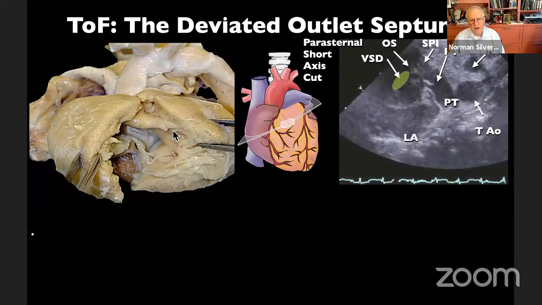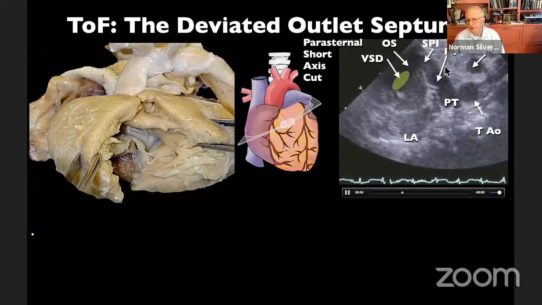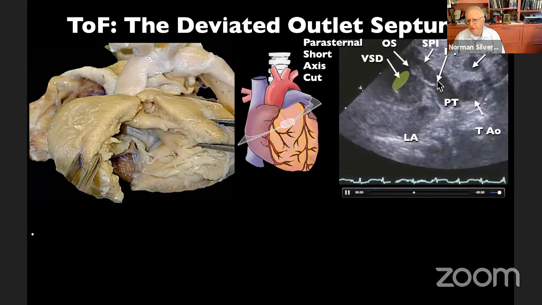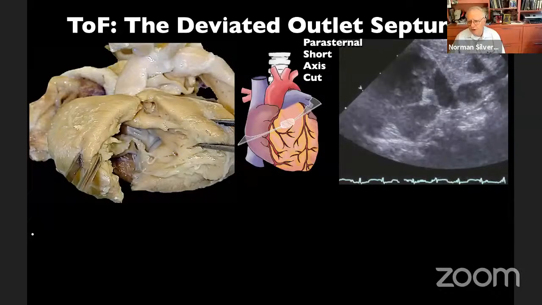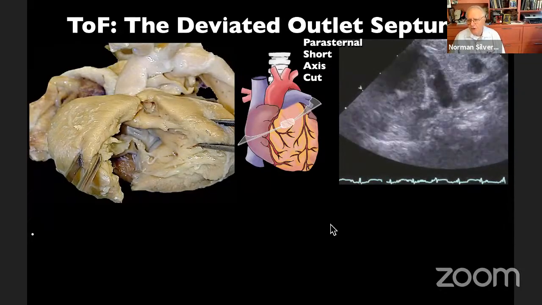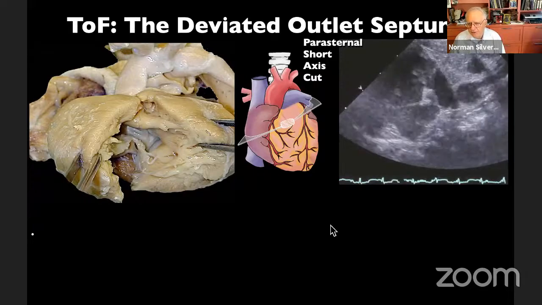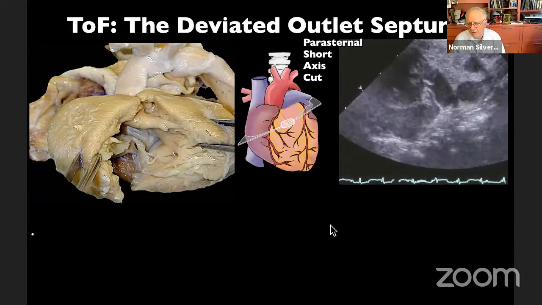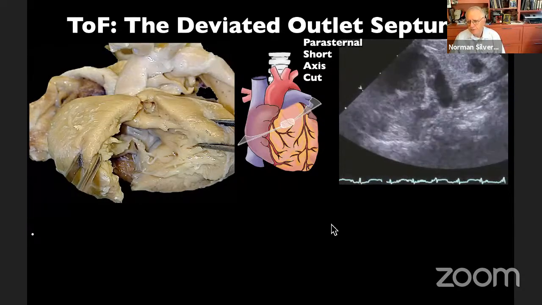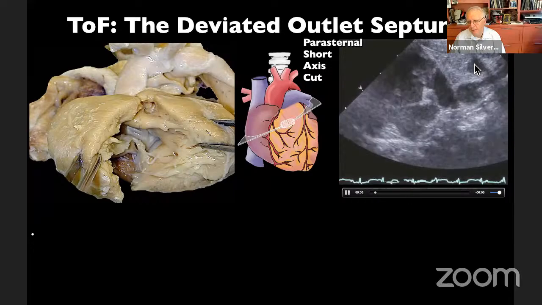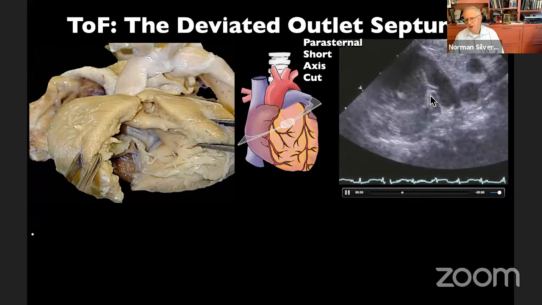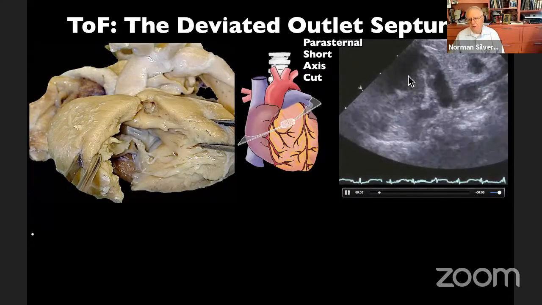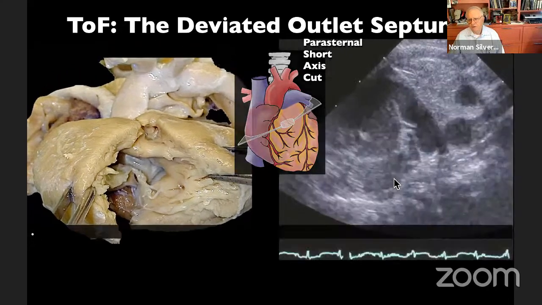And here we're looking and focusing on the outflow tract. And so you see the deviated outlet septum narrowing the pulmonary infundibulum. The pulmonary valve is domed because it's also stenotic. Although pulmonary valve stenosis is not part of the tetralogy description originally, it is almost invariably present. Here is the thymus capsule with the brachiocephalic vein, the transverse aorta and brachiocephalic artery indicated. And you see how this valve is not moving normally, and the difference in the size between the pulmonary annulus and the aortic annulus.